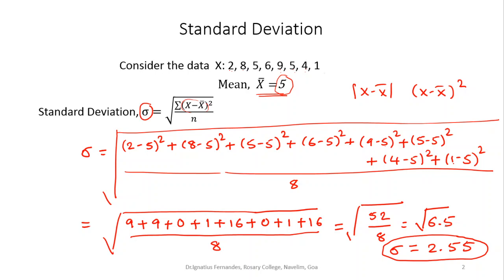So this is the procedure to calculate standard deviation for any given data set. If I have any ungrouped data, first we calculate the mean to find the standard deviation, and standard deviation is unique: we only use the mean as our central tendency value. Unlike in mean deviation, where we calculated it for mean, median and mode, standard deviation is always about the mean. So we are looking at the deviations of each of these values from its mean, and the standard deviation for this data set is 2.55.